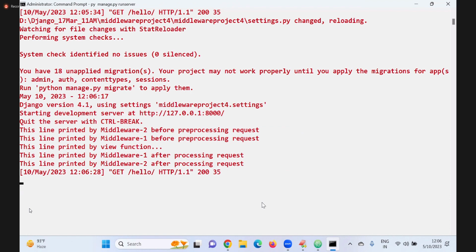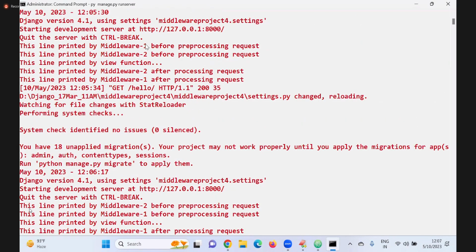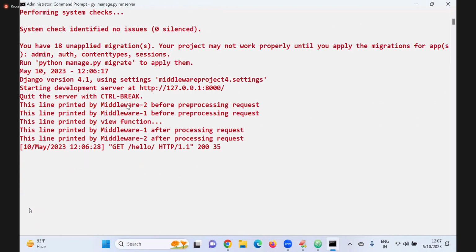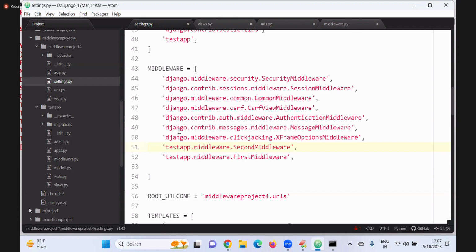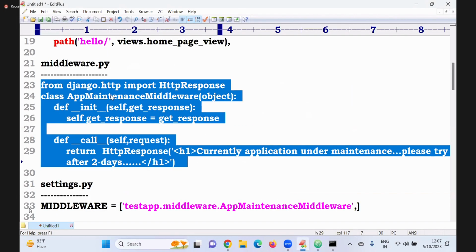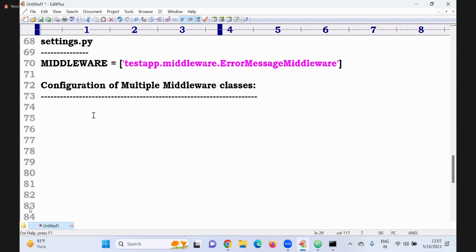In multiple inheritance, if 2 classes are given to a single class, then whichever class you inherit first, that method is executed. Here also it is the same. In settings, which middleware order came? Previously middleware 1, 2. Now 2 is executed first, then 1. Based on that order, it definitely changes. That is the middleware story.